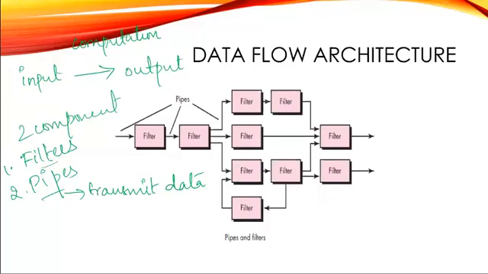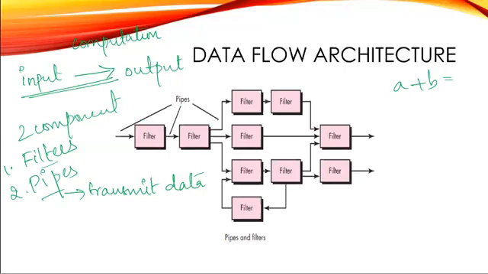Whereas filters, each and every filter is going to work independently of the other filters, whether you're going upstream or downstream. Now, these filters are responsible for making any computations within the data. If suppose you need to make a computation where A plus B is added, that specific output is going to be given to another filter. That is the definition: you need some input and that needs to be transformed to output. That is the job of your filter.